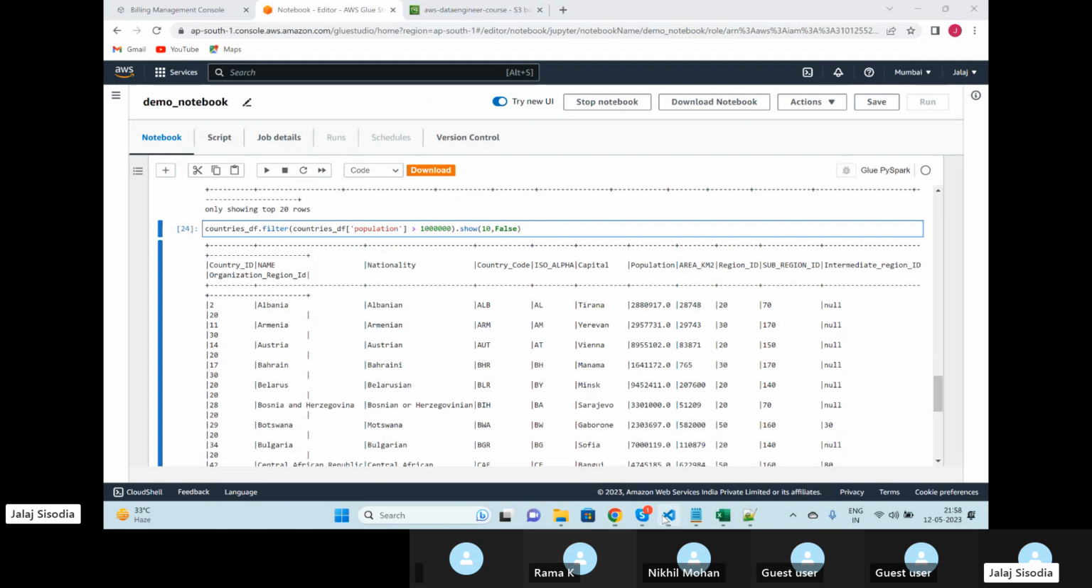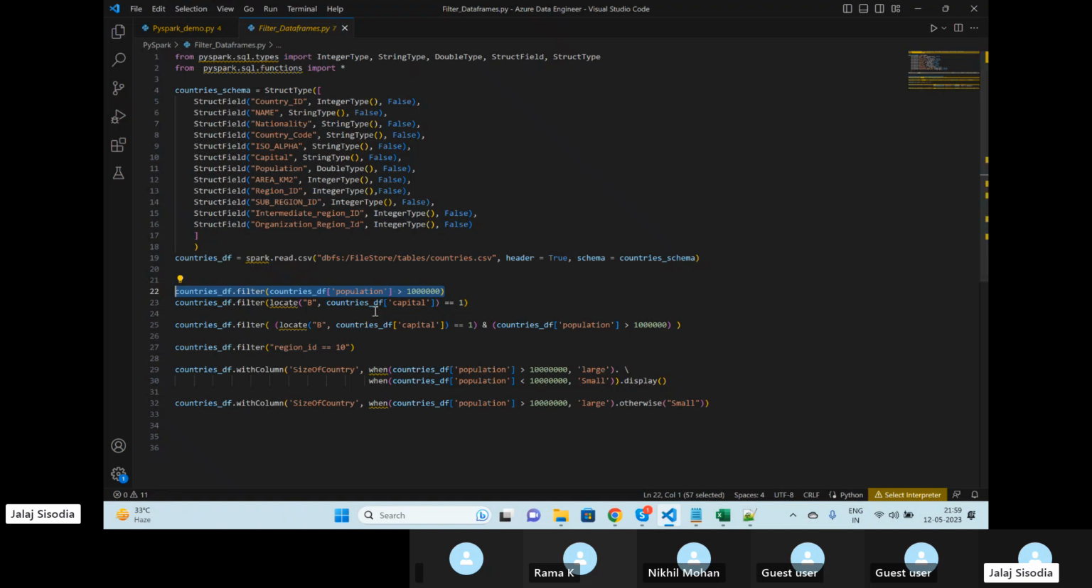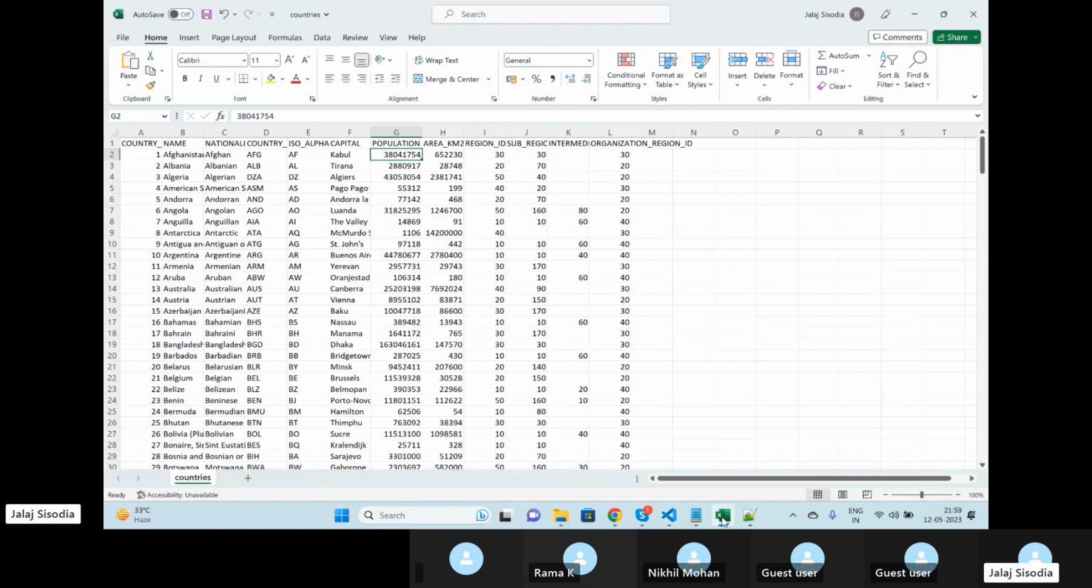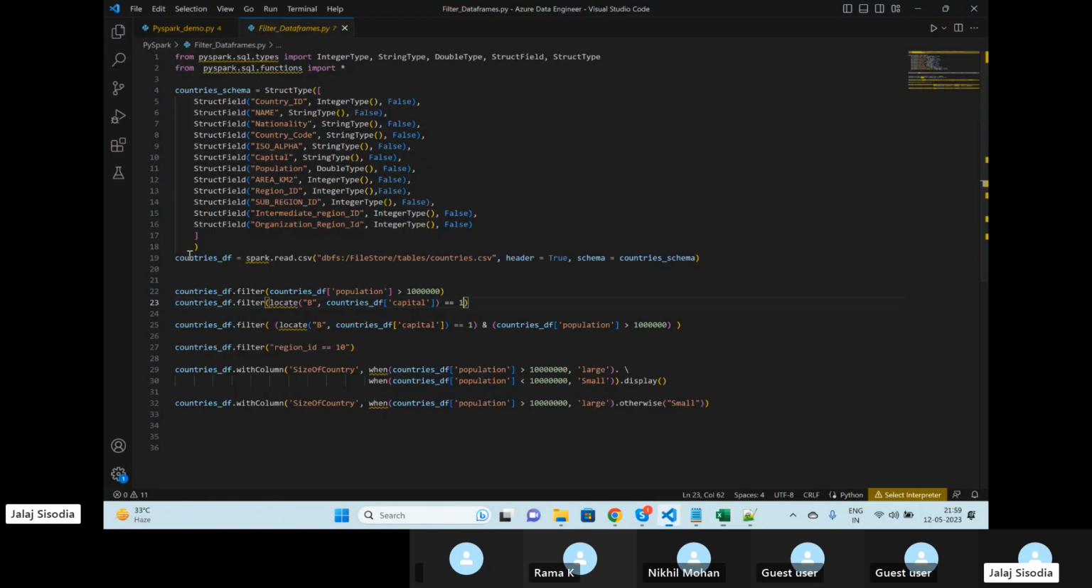Likewise, if I wanted to filter the countries whose capital starts with the letter B, for that I can use locate inside my filter, and I'm saying locate B in the capital column, and it should be equal to 1. That means the first letter of my capital column. I'm saying all the capitals if they start with B. For example, Buenos Aires for Argentina is going to come in my output. So if I take this code